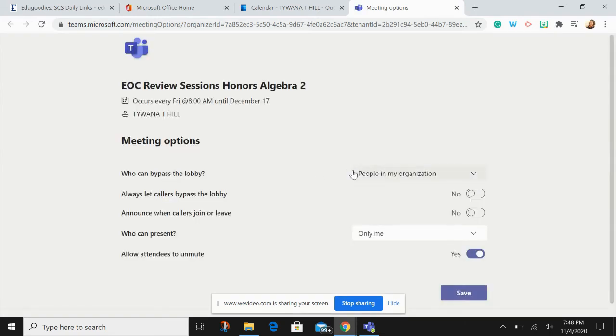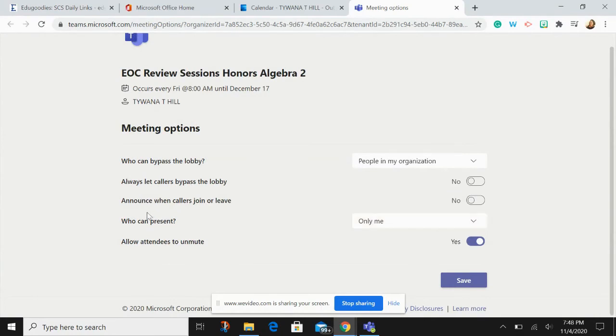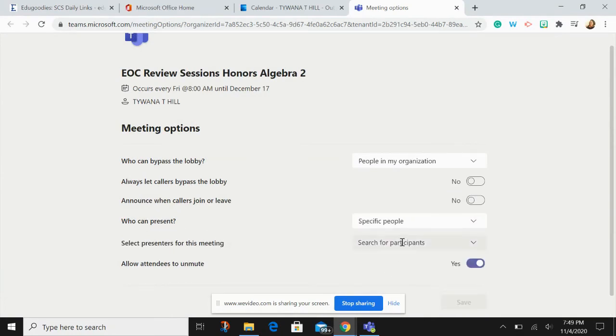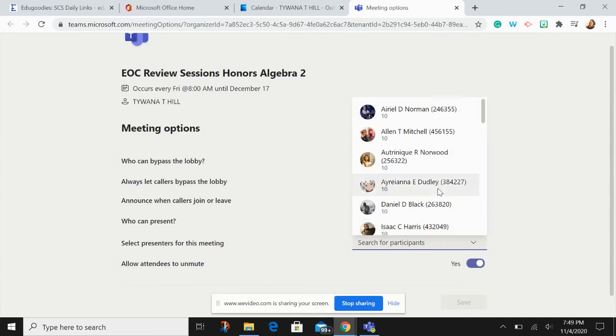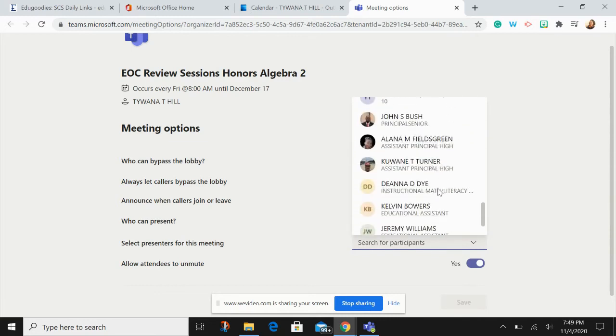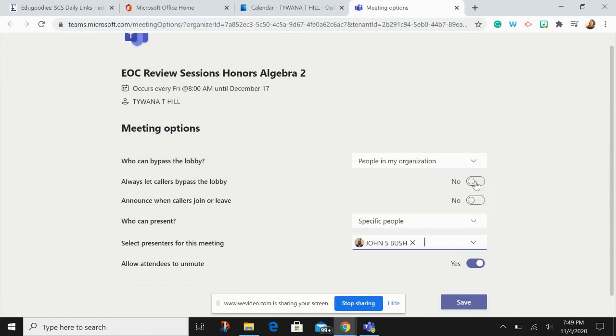Here in the meeting options is where you can set who can bypass the lobby, and you can also set who can present. Remember, I said you had to expand your list and invite everybody individually, because this gives you the option to invite specific people. So if I click on the list and search for participants, everyone who was invited to the meeting is now